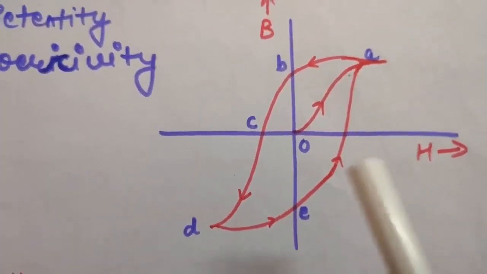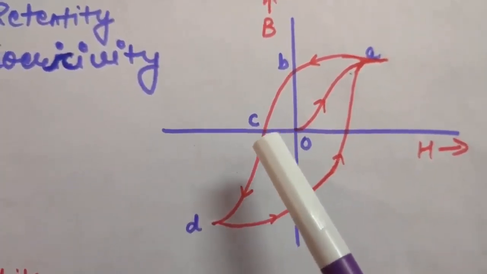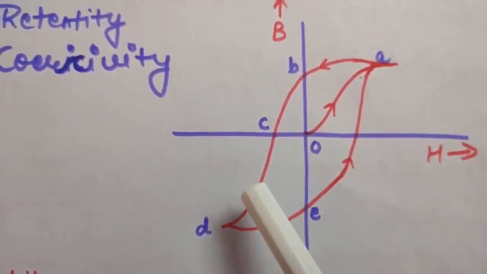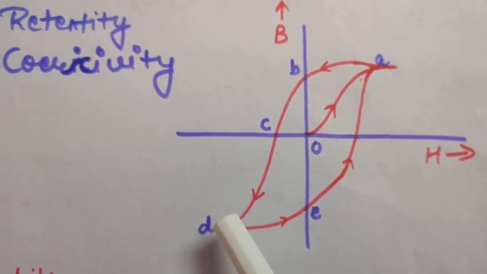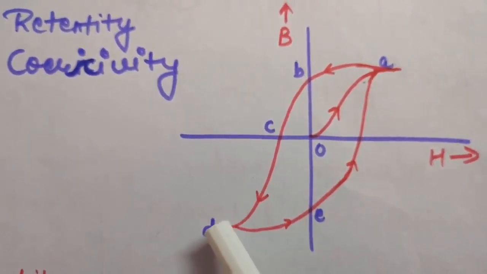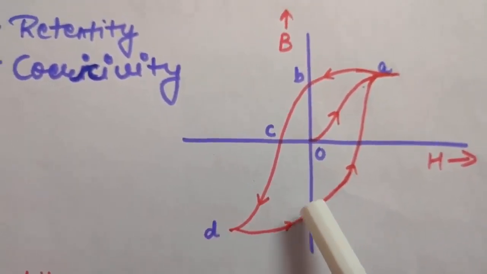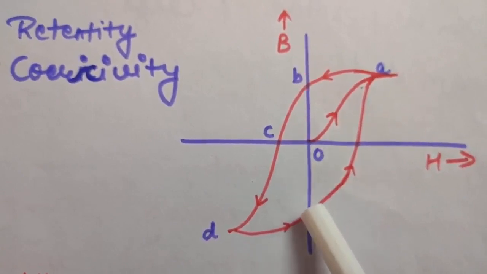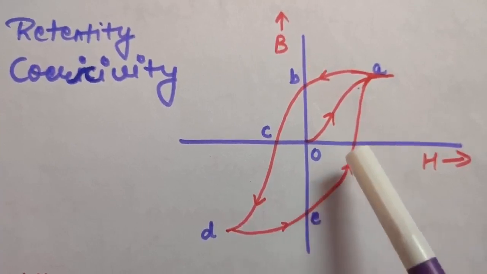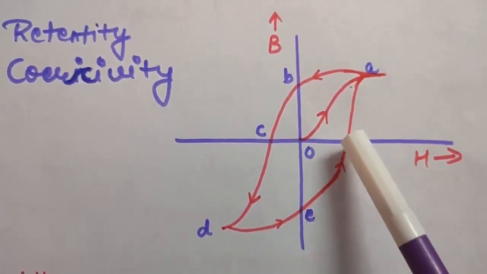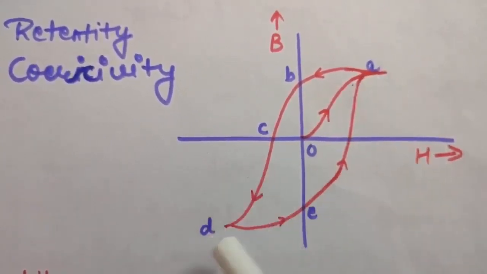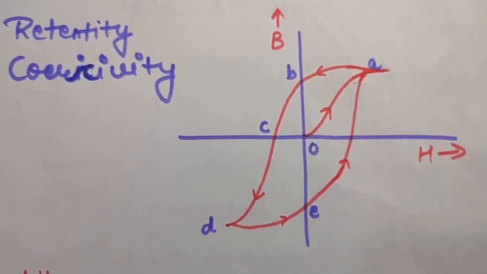Now if we increase this current, again we will get the same pattern as we got here. So we will go in this direction. Again B is increasing, H is increasing. Again this point D will come. That means now alignment of dipoles is there again. All the dipoles are aligned, so B will saturate. So again now we decrease that reversed current. We will reach a point E. Now this is the retentivity. To reduce this retentivity, we have to reverse the current and apply it. So at this point again retentivity will reduce to 0. So this will become coercivity, and therefore the cycle will follow the same path.